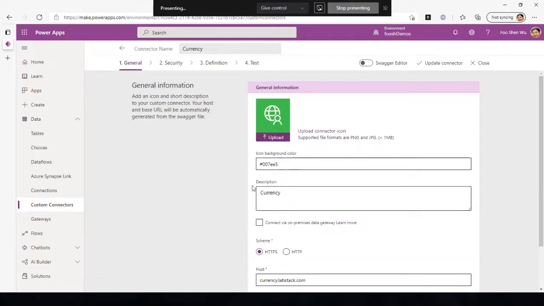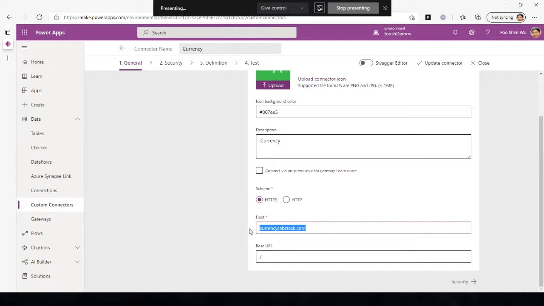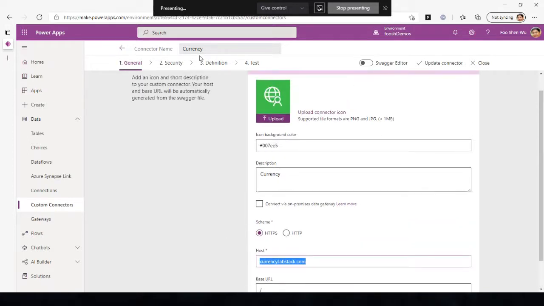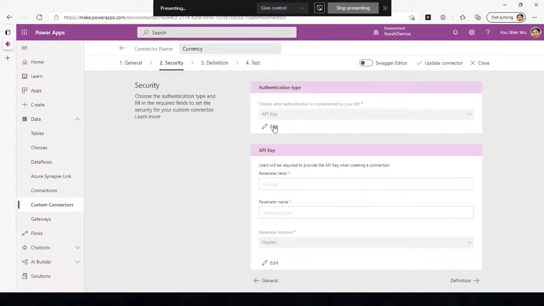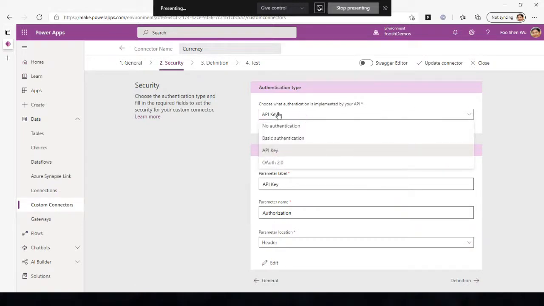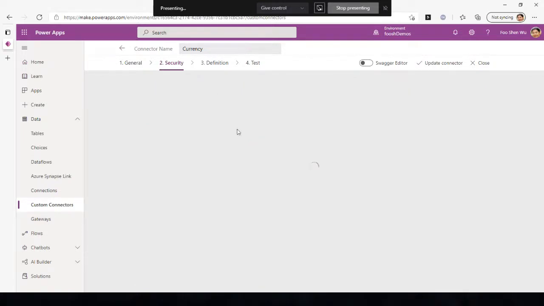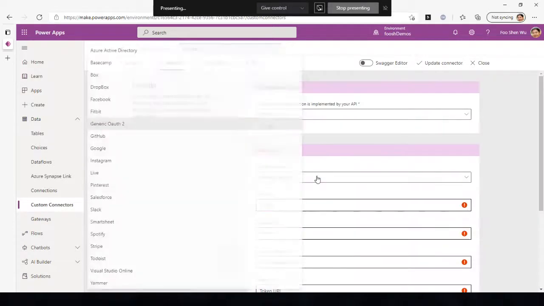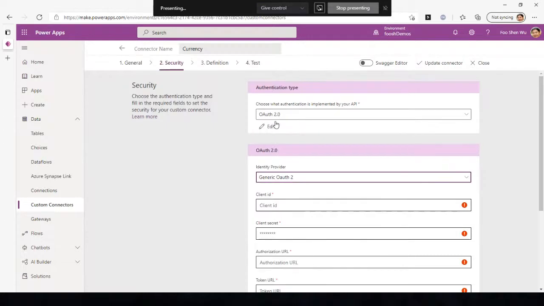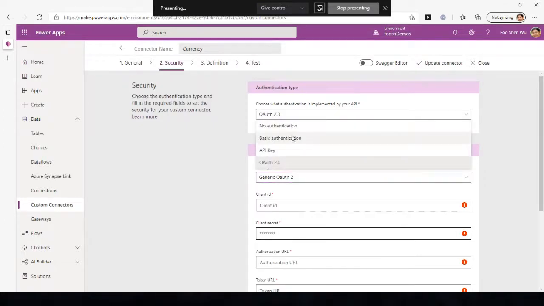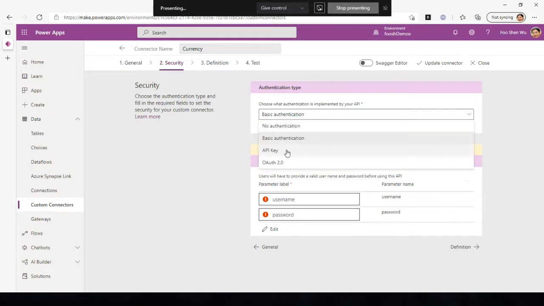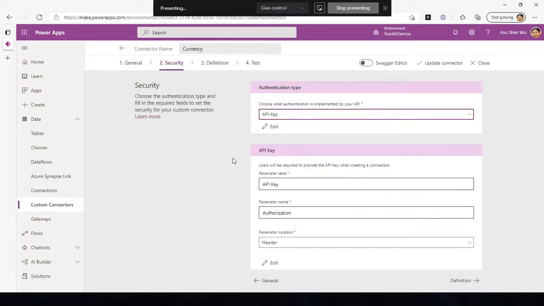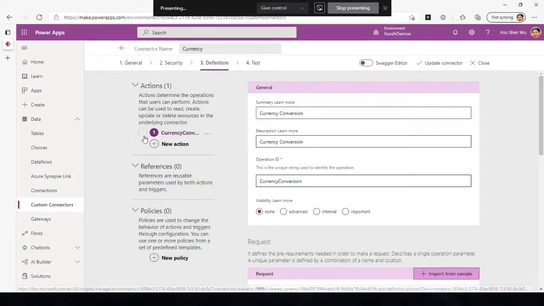Now, if I were to bring in a connector, all I need to do is describe what's my endpoint. So this is actually configuring the Swagger behind it. What's the authentication type: API key, or if I use OAuth, I have a couple of options with OAuth providers. You have a bunch of providers that we can work with, Azure AD being one of them, or you can use basic, which is a username and password pair, or API key, which is quite common for a lot of microservices out there. The definition is what will define what the Power Apps and Power Automate will see in the